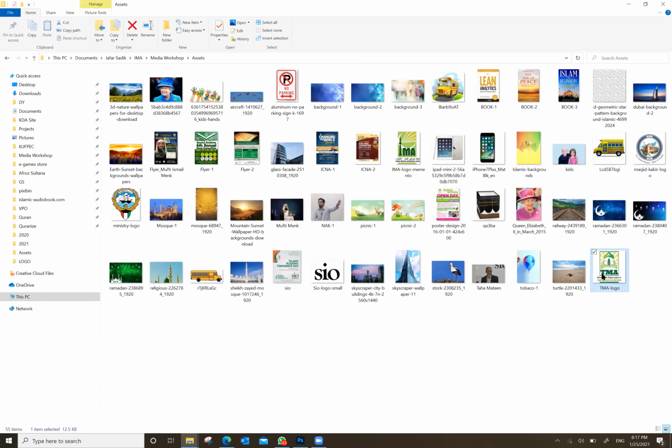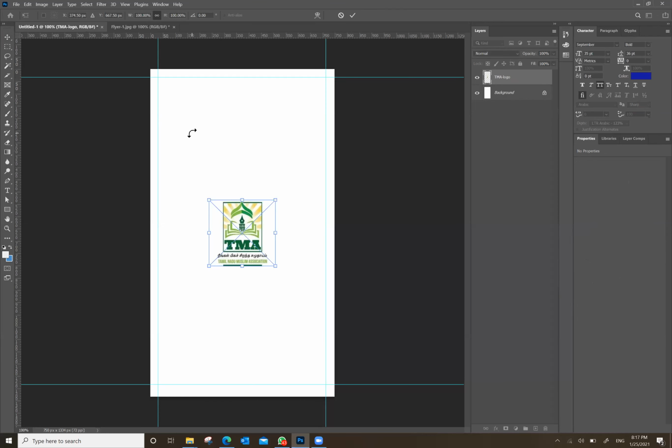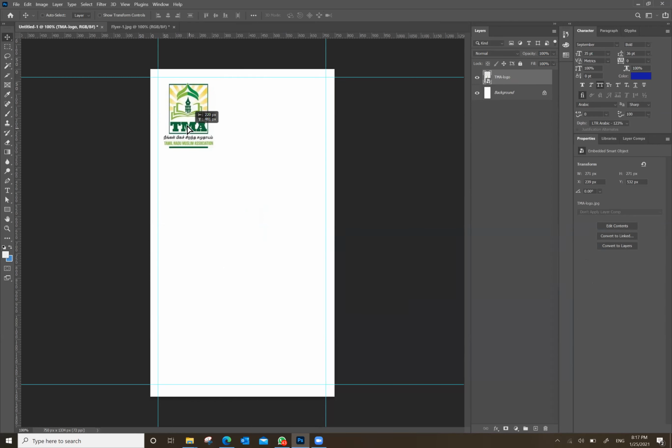Now what you can do, this is a quick importing method. You bring it, drag it and bring it here and leave it inside the document. It will bring four corners for resizing. Just press enter. If you press the enter key, it is placed in the document automatically.